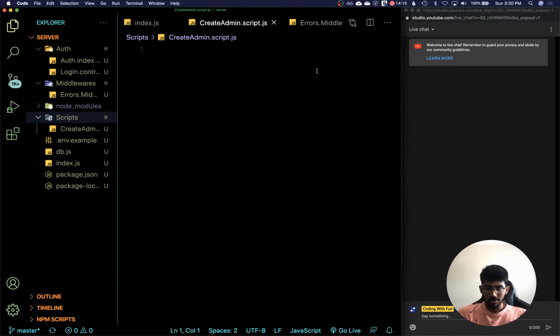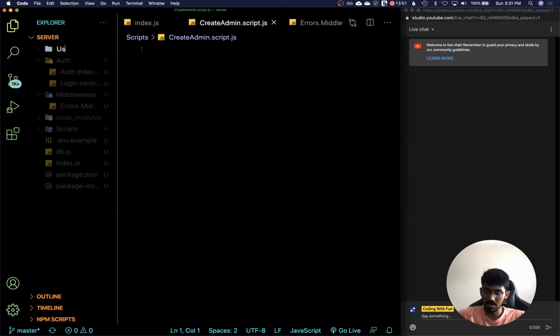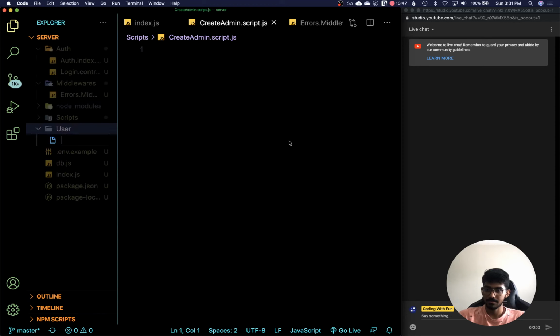So basically what we want to do is we will make a query to the database and see if a user exists there, and if the admin user does not exist in the database, then we will create it and use a default password. For that we will need to create a users database in the MongoDB. So that's what we'll do. A user folder, and